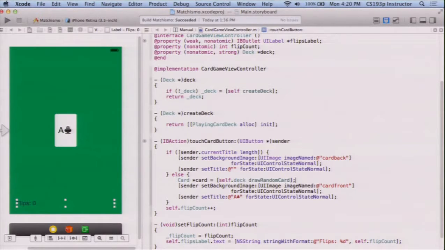So I'm going to draw a random card out of the deck, and then instead of putting ace of clubs here, I'm going to put the card's contents. Okay? And that's really your entire homework assignment. There's one other minor thing that I'm going to do here, actually 2 minor things,